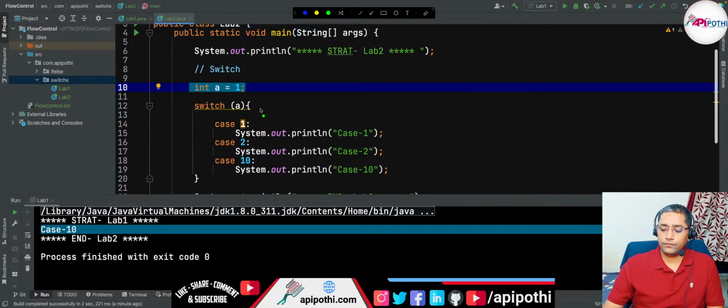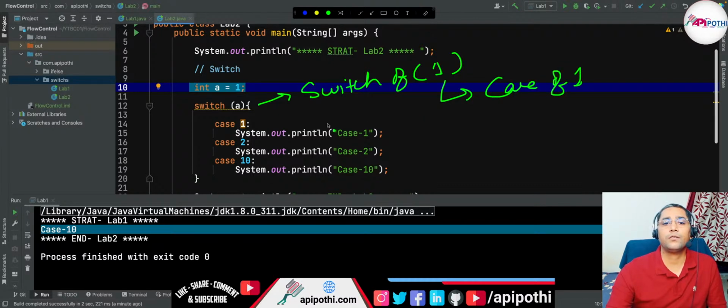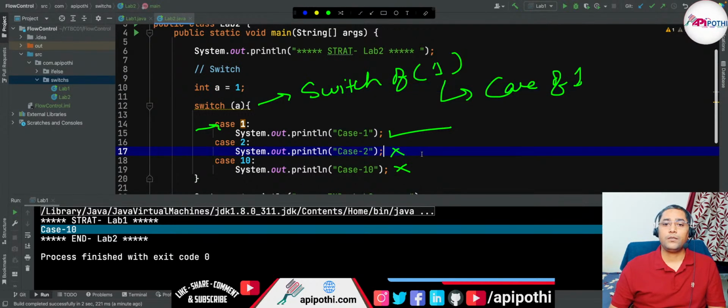Tell me, int a equal to 1 means what? Switch of 1. Switch of 1 means what? Case of 1. Case of 1 means this line will get printed, not this, not this. If I run this code,